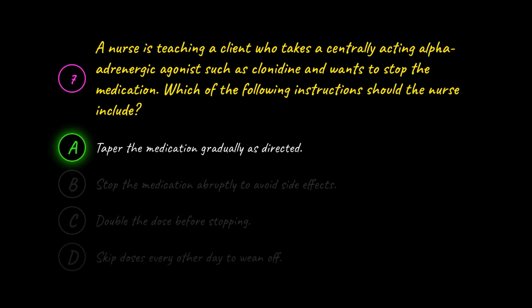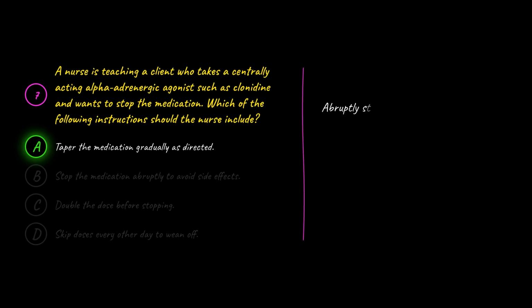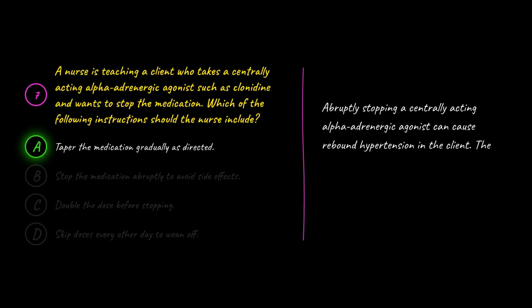The correct answer is A. Taper the medication gradually as directed. A is correct because abruptly stopping a centrally acting alpha-adrenergic agonist can cause rebound hypertension in the client. The nurse should teach the client to taper the medication gradually under provider guidance in order to avoid a dangerous